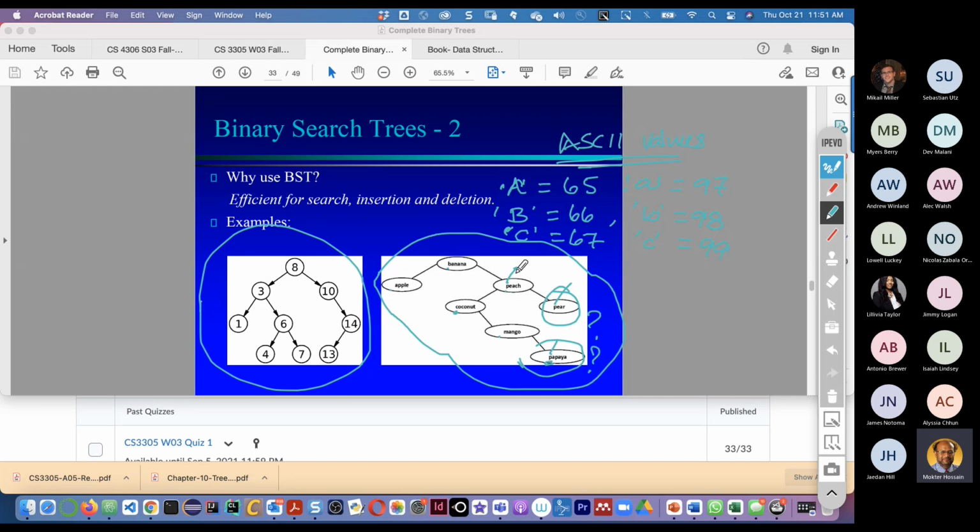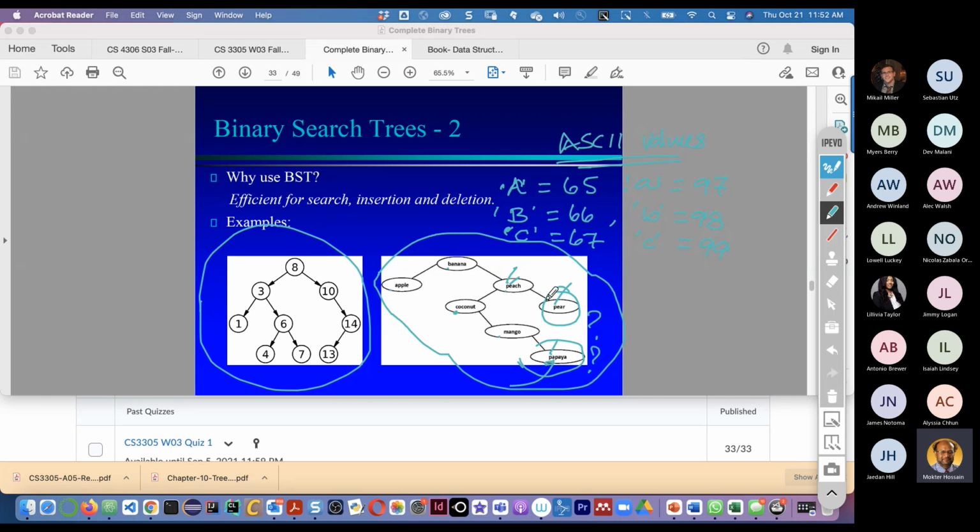Okay, the second character is here E, right? So E, and the second character over here is A. So A's ASCII value is less than E. So then it will come to the left side, and the first place it gets, it will go over here. So papaya will go over here.